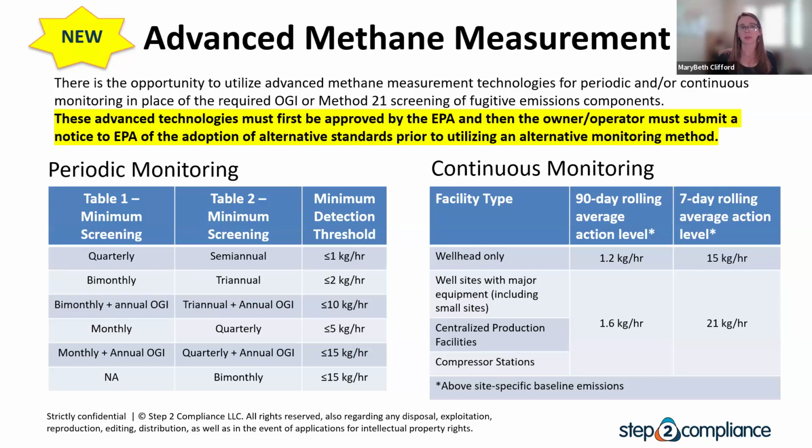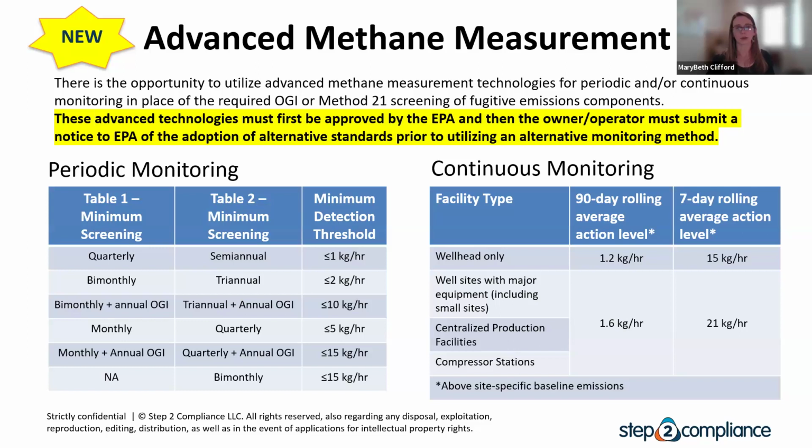It is important to note that even though they have implemented a 2-year interim on this program, you still cannot use an advanced technology in place of your actual OGI monitoring until that advanced technology has been